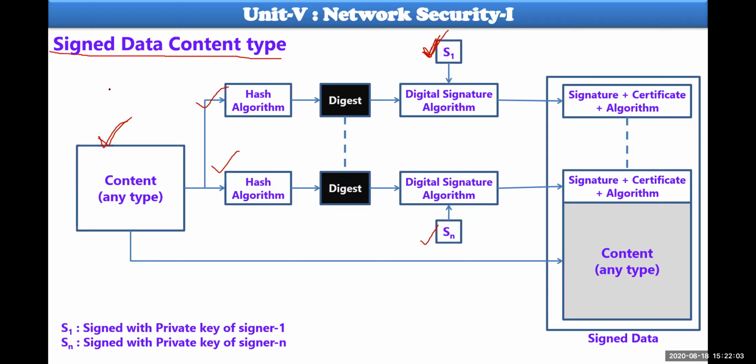Actually, the signed data will be available only with pure commercial mail IDs, which come with their own domain, something like CSCHOD at Newton.ac.in. For this kind of thing, signed data content must be available. For Gmail and public kinds of operations, this signed data content type cannot be available. Only for this kind, it is available.